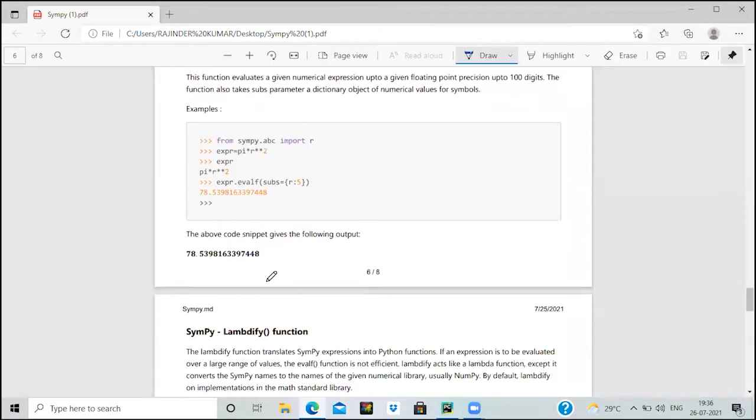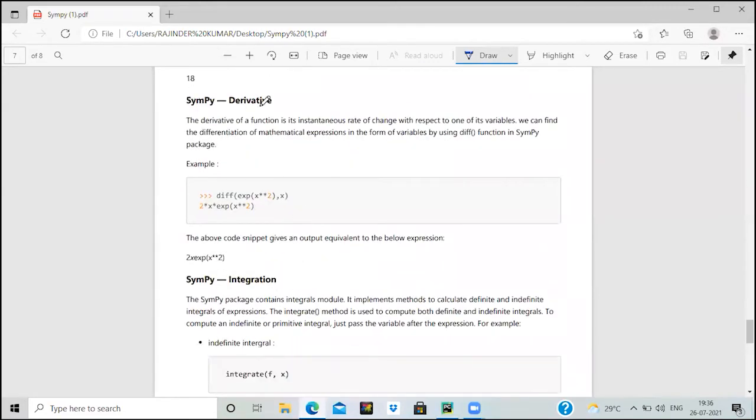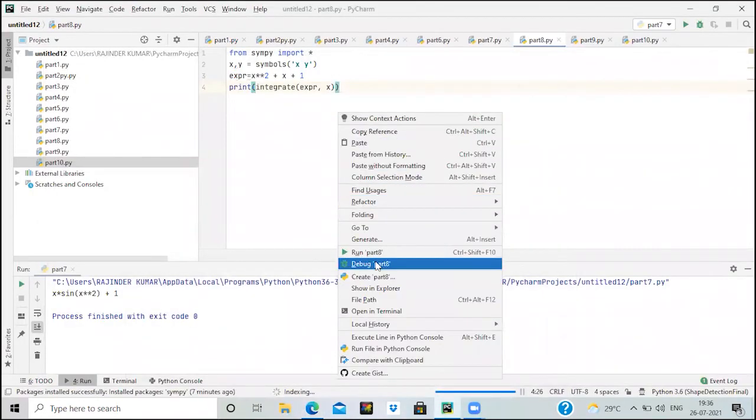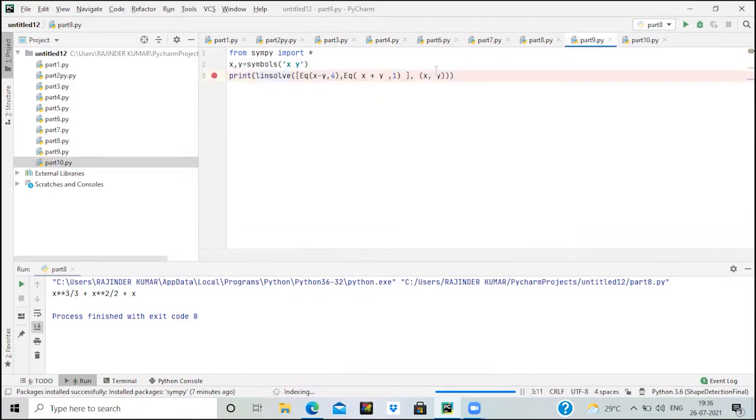Then in this, we are making use of an important part of calculus, that is integration. Let's have a look at it. Calculus involves two types, that is derivative and integration. All of these are used in algebra. Let's see the output of this. You would see that we would be getting the integration of this particular expression.